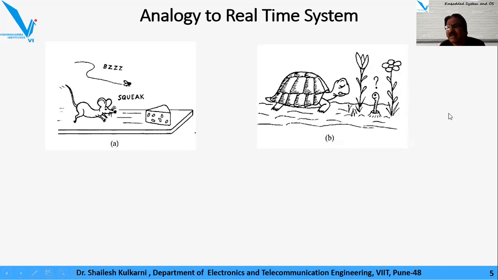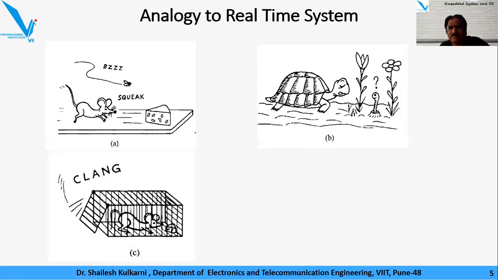So these particular deadlines are not necessarily to be a very small deadline, or the systems are not necessarily to be a faster system. This is what we get to know from this second diagram. The third diagram is still a more interesting one. Whenever you want to catch a rat,